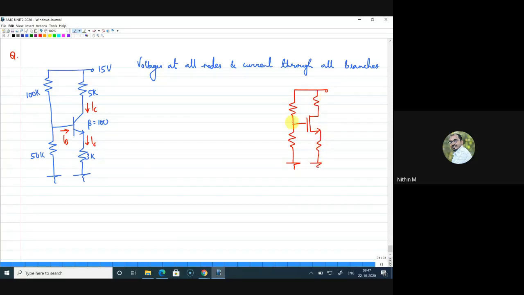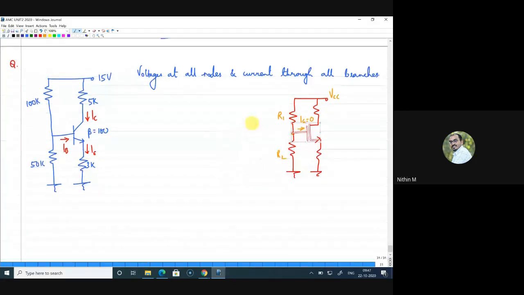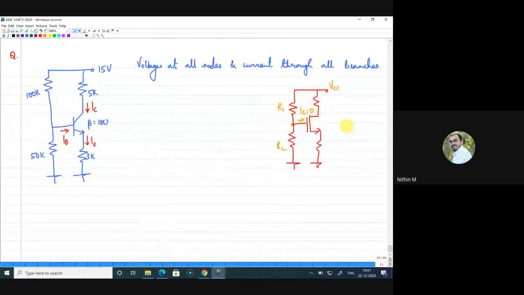So there we can directly write what is the voltage coming at the gate. Why? Because say if this is connected to VCC, and if we know this as R1 and R2, since this gate current is equal to 0, I can directly write what is the voltage here. The voltage here will be VCC into R2 divided by R1 plus R2. I can directly write that just by a voltage division there, because the current here is actually 0.